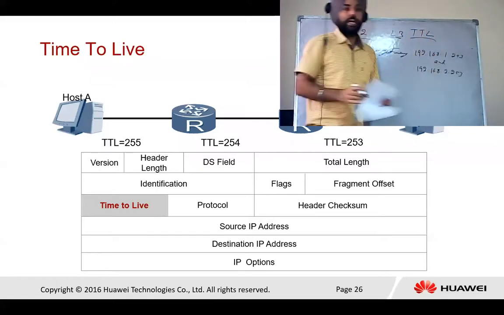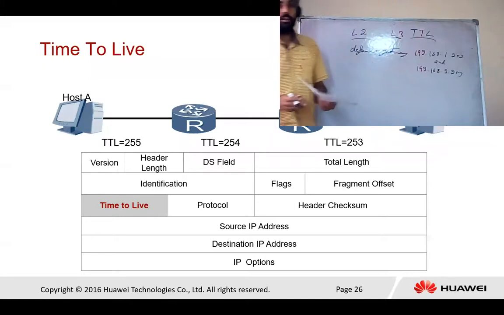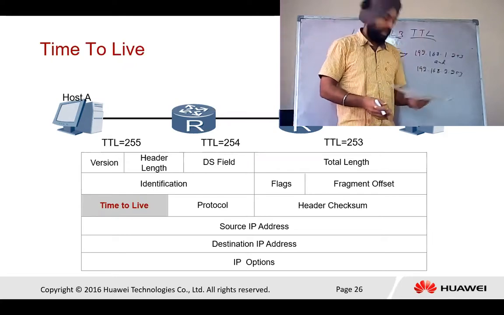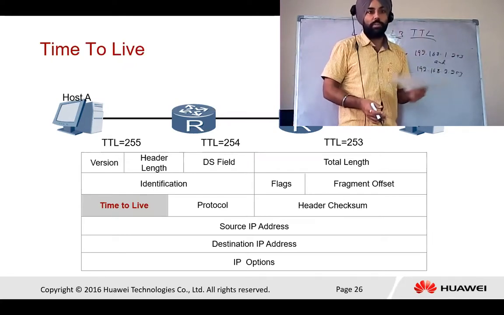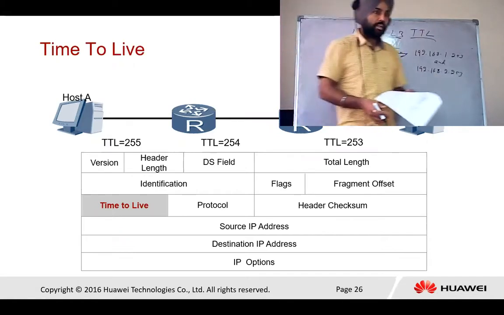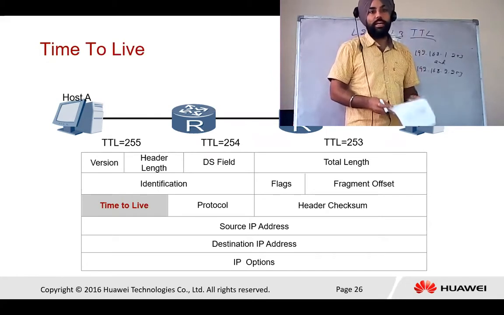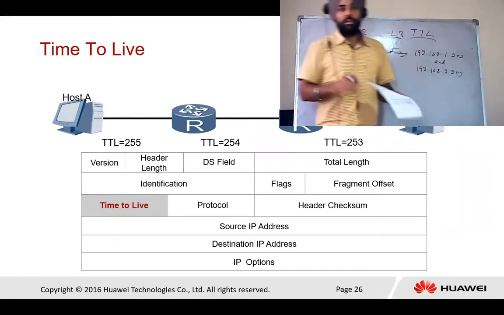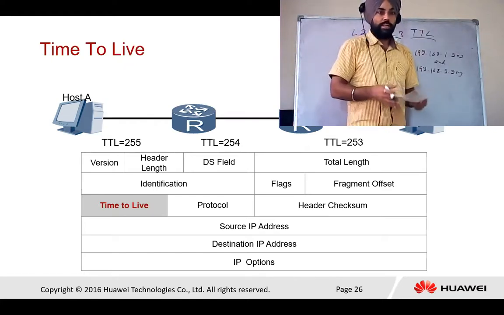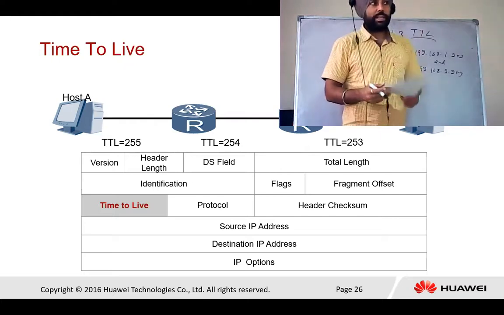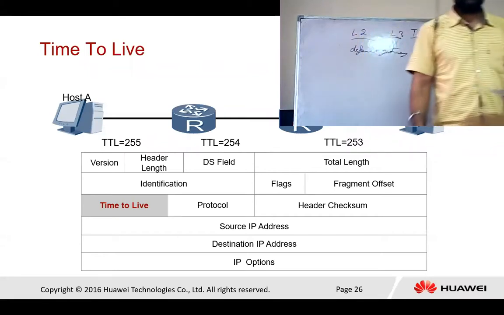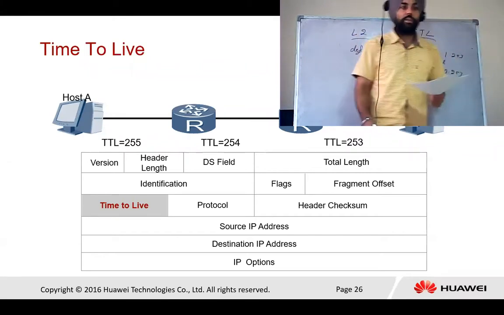So TTL value, that is time to live, every packet needs some TTL value. Why do they need some TTL value? Because if we do not assign any TTL value to a particular packet, that packet will create a loop. It moves around between switches or routers, which are connected to each other, and they also create some traffic or some packets. So at that time we use the TTL value.